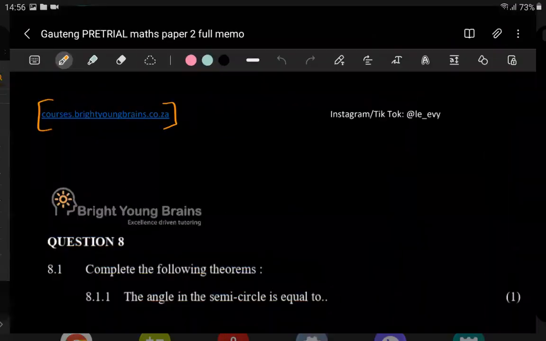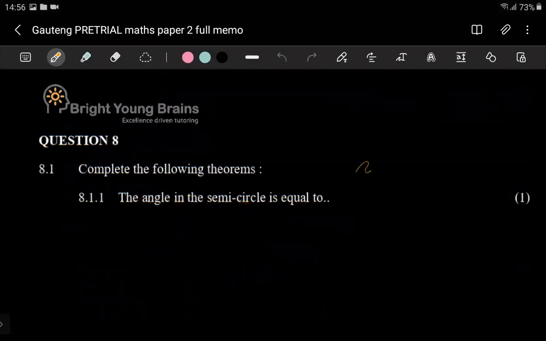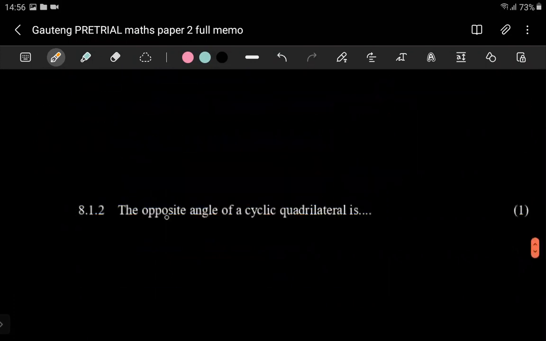Question number 8. It says, complete the following theorems. The angle in the semicircle is equal to 90 degrees. That's not difficult. The opposite angle of a cyclic quadrilateral is the opposite angle